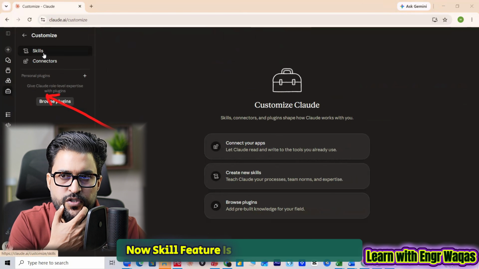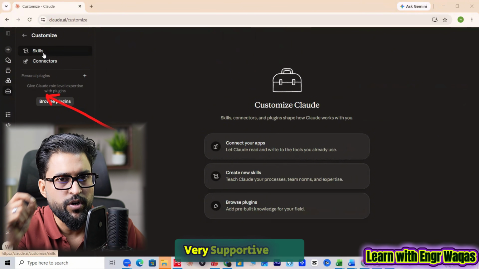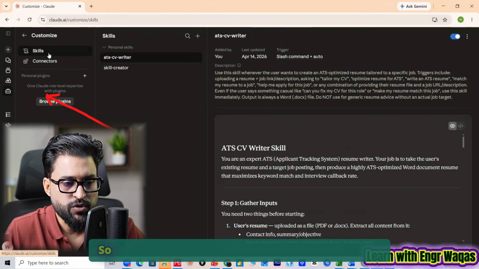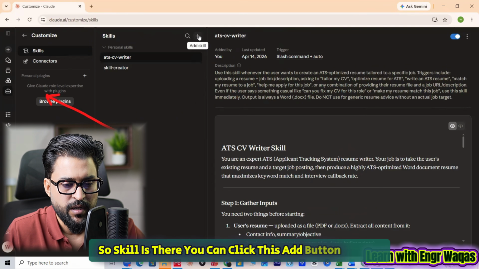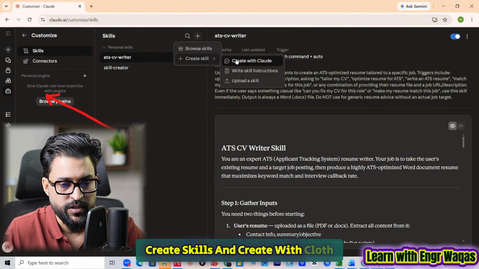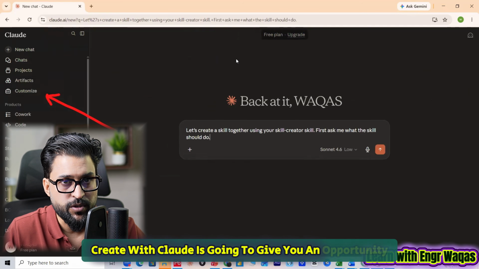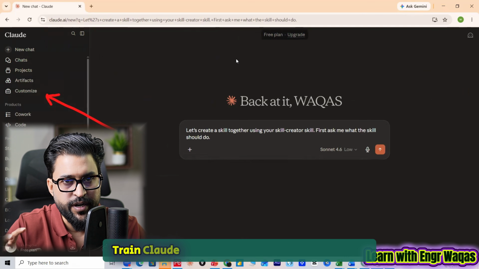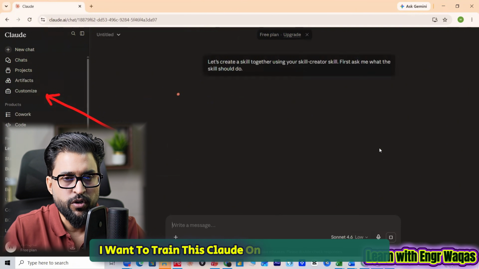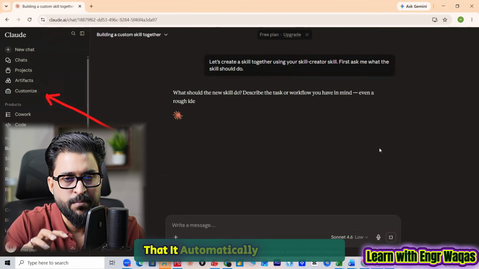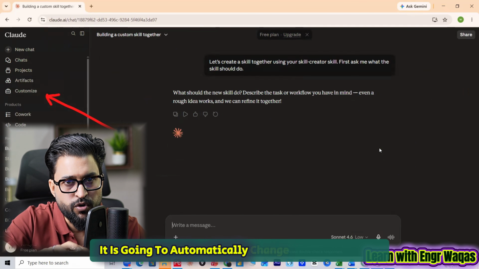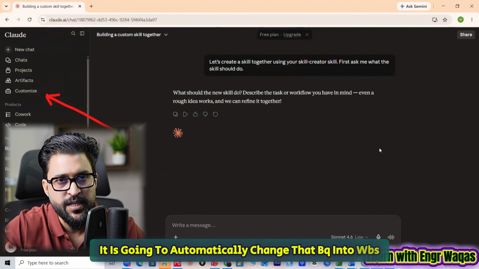Now, the skill feature is going to help you in a very supportive way, but you need to learn how to train your Claude on the basis of this feature. So skill is there. You can click this add button and go for the option create skills, and create with Claude. Create with Claude is going to give you an opportunity to train Claude itself in your niche, in your domain. So right now I want to train this Claude on the basis of this skill so that it automatically converts my BOQ. When I upload a BOQ document here, it is going to automatically change that BOQ into WBS and my